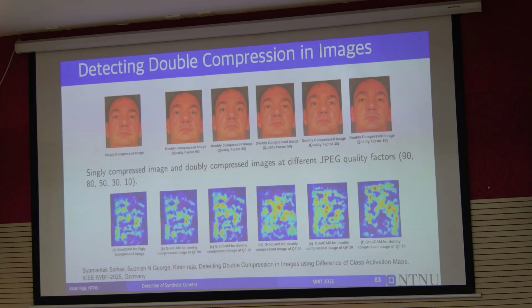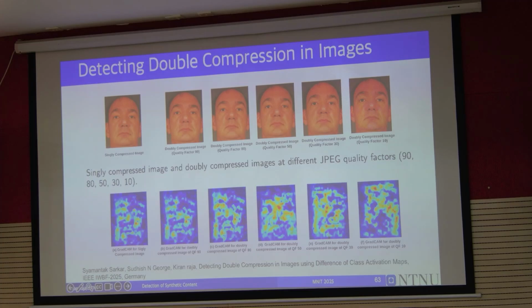Professor Nithanen gave a very nice talk about this gradient distance, right? That means that any network that you're using will have some gradients. If the image is not compressed, or if it's compressed at one level, the gradients will be very different from the images which are multiple-level compressed. For instance, look at the same image here, which is at 90, and then here the activation maps, which are nothing but the gradient maps, right? Your gradient maps are overlaid onto the image, you see the activations are very similar, some changes, and then if you continuously do it for all the different compression levels, suddenly you see that at this quality factor of 10,